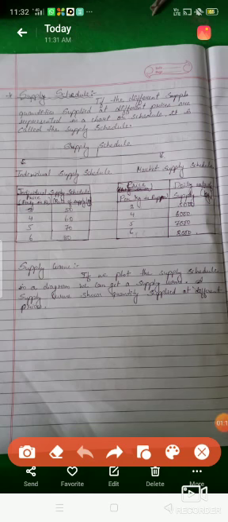In this chart, the price is given for rice, per kg in rupees. One side is quantity and the other side is rate. So when the price was 3 rupees, quantity supplied was 50 kg. When price was 4, quantity supplied was 60. When price was 5, quantity supplied was 70. When 6, it was 80.